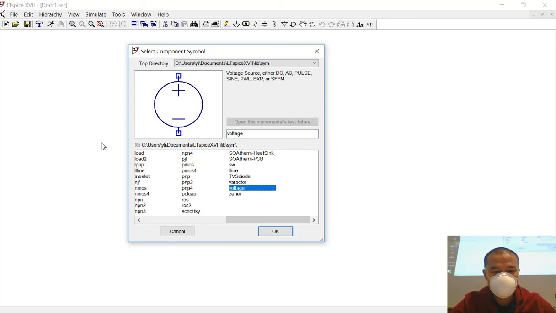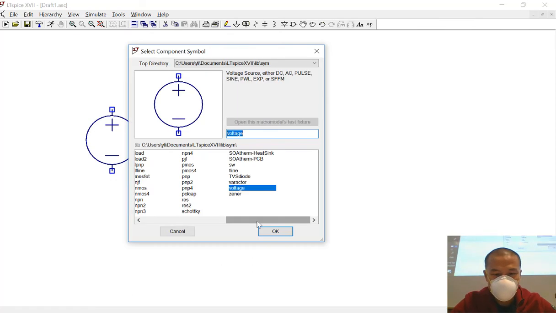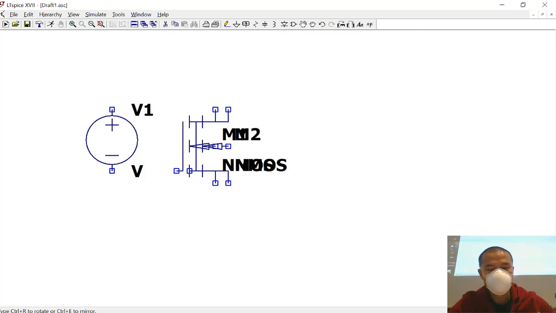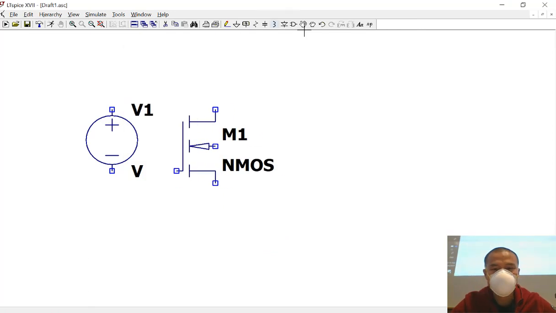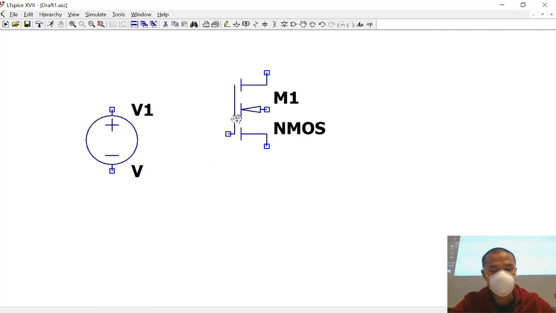You can find a voltage source. And F2 again, it can pick up an NMOS 4. Let me tell you why it has to be 4: there are 4 terminals, and the fourth one in the middle is a substrate connector. We are going to cover semiconductor physics starting today, and we'll do that for about 2 to 3 weeks to understand why we need a connector